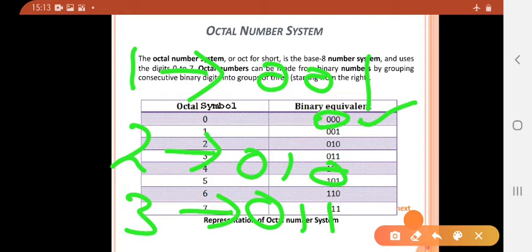So keep in mind that for binary representation, 2 digits are required, for octal representation 3 digits are required, and it will be represented from 0 to 7. The sequence of octal numbers goes as 0, 1, 2, 3, 4, 5, 6, 7, 10, 11, 12, 13, 14, 15, 16, then 17, 20, 21, 22, and so on.